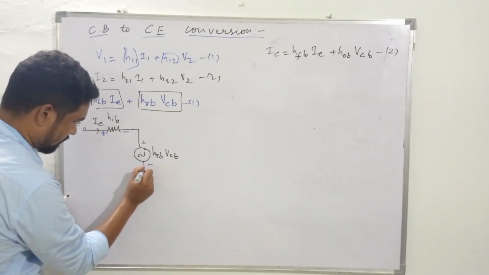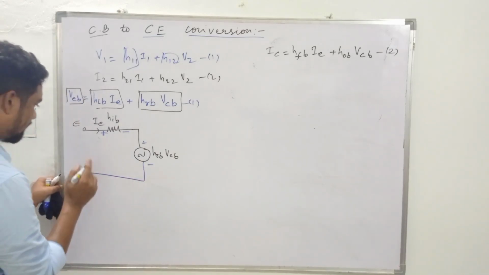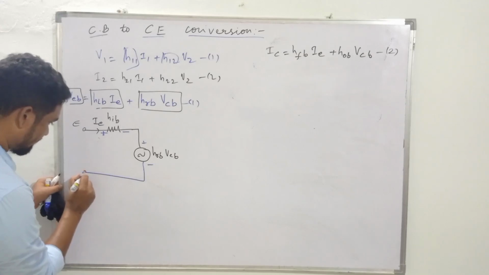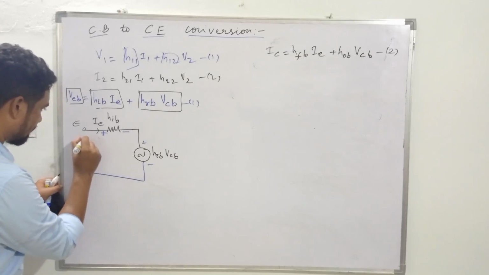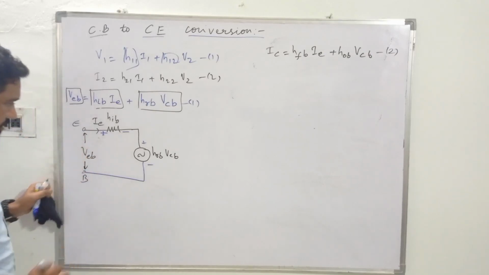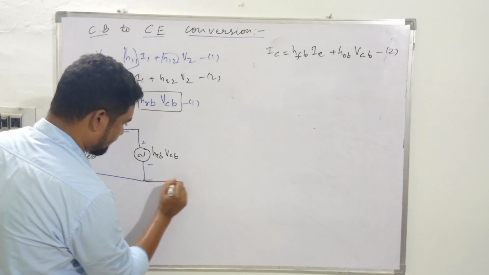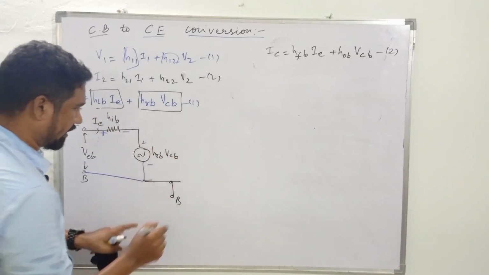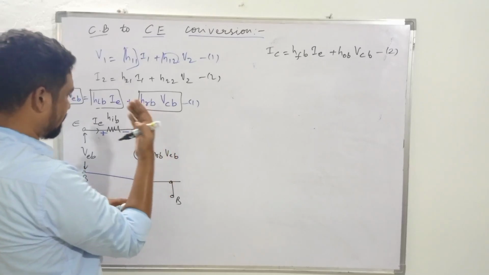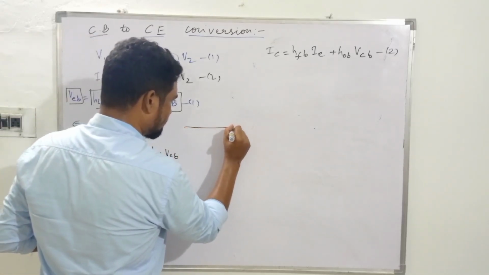It's important. All right. So which is equal to now. What is that? Now here it's a base, common base, isn't it? Now V, E, B appears over here. In the sense, base is somewhere else here. Base, which is common to both input and output. All right. So for a common base configuration, output is collected across a collector C, and